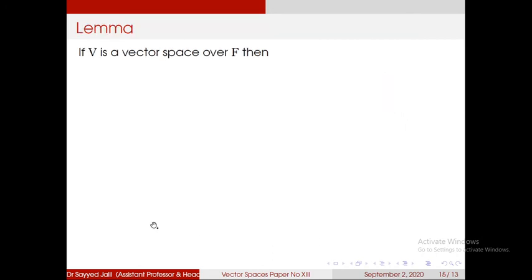Okay. Next we'll prove the lemma. If V is a vector space over F, then we have to prove that, first, alpha times 0 is equal to 0 for all alpha belonging to F. Keep in mind, this 0 is not our real number. This is the additive identity in V. So alpha into the additive identity in V is equal to that same additive identity 0. Second, 0 times v is equal to 0 for v belonging to V. Here 0 is again the additive identity in V.